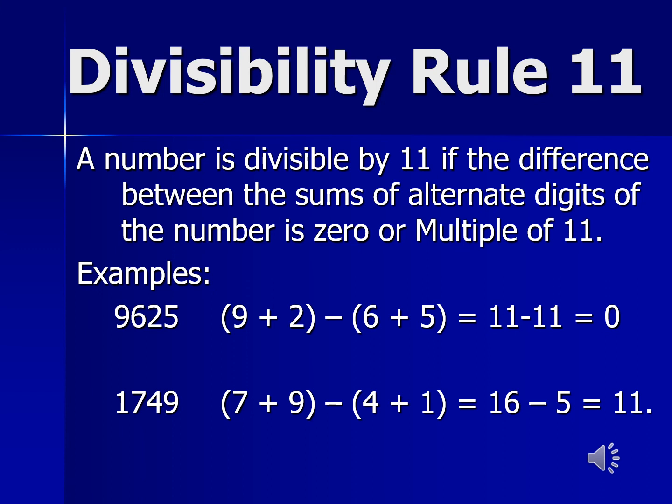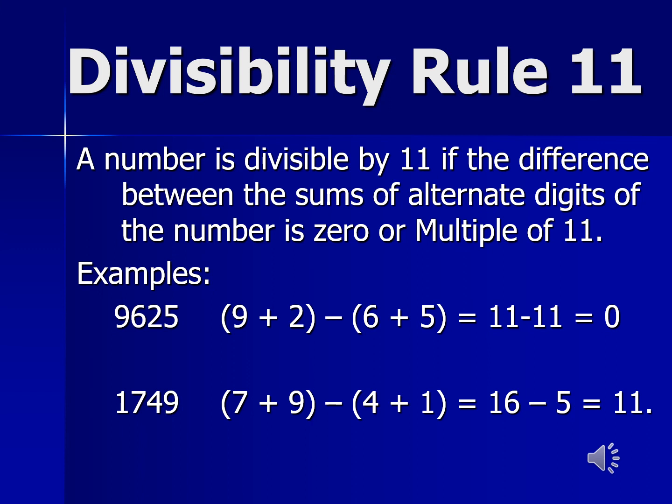9 plus 2 is 11. Now again we will take 6, we will skip 2 and we will take 5. 6 plus 5 is also 11. Now we will do the difference. 11 minus 11 is 0. So we are getting a 0. So we can say 9625 is divisible by 11. Likewise,